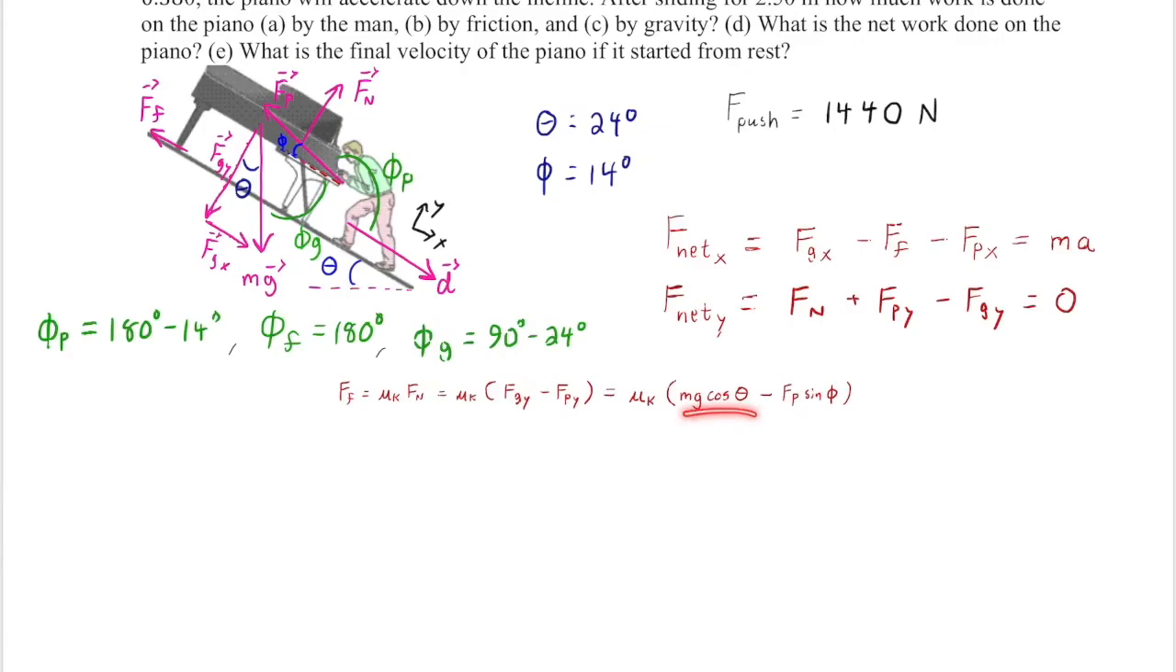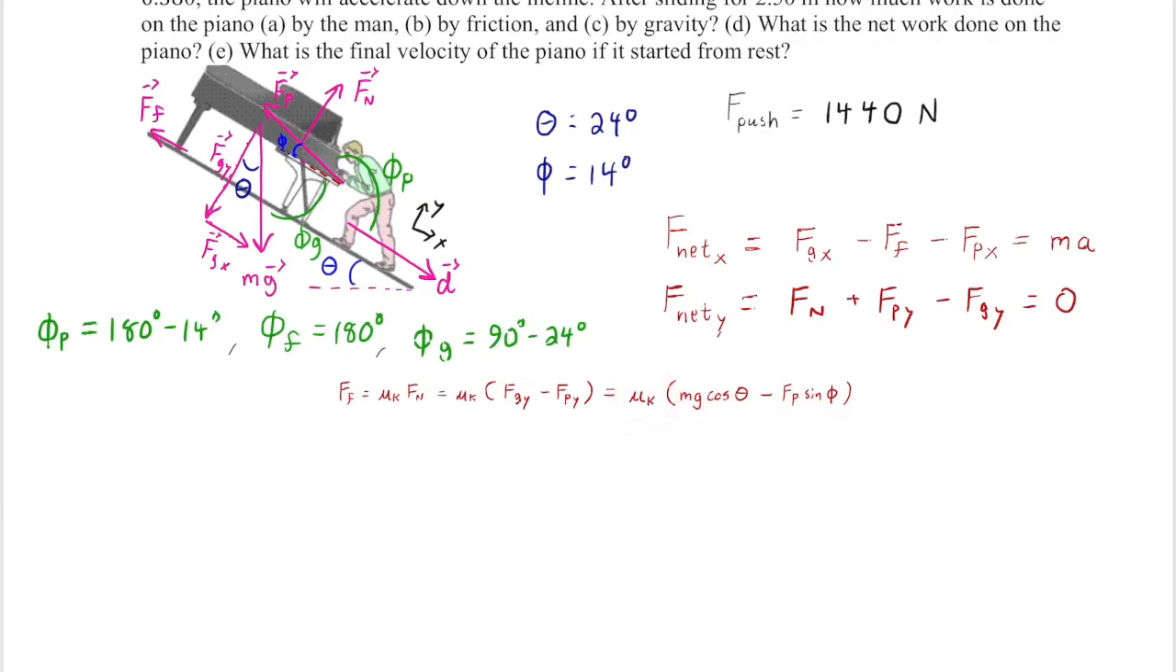And so then it ends up being a component of gravity, the mg cosine theta component, minus the y component of the pushing force. So minus Fp sine phi, and this is the original phi, the 14 degrees, not the phi of any of the subscripts. Okay, so that is our normal force right there in parentheses, and then by definition the friction force is mu